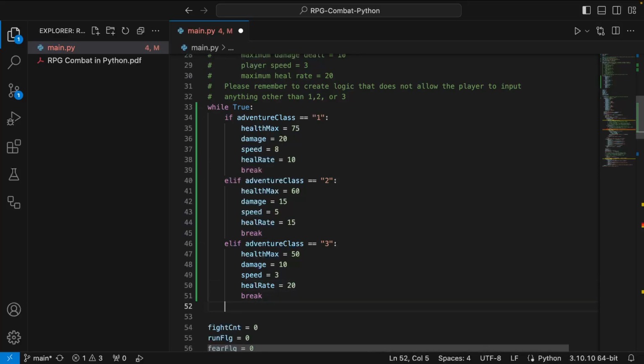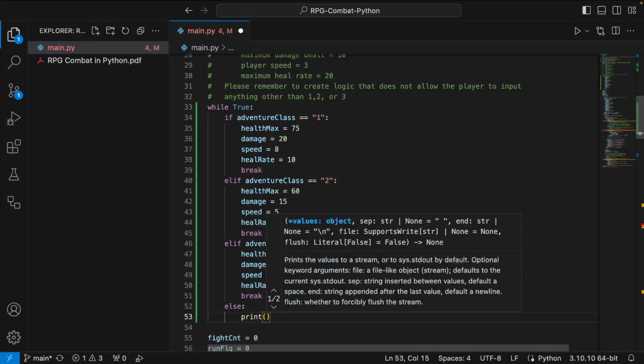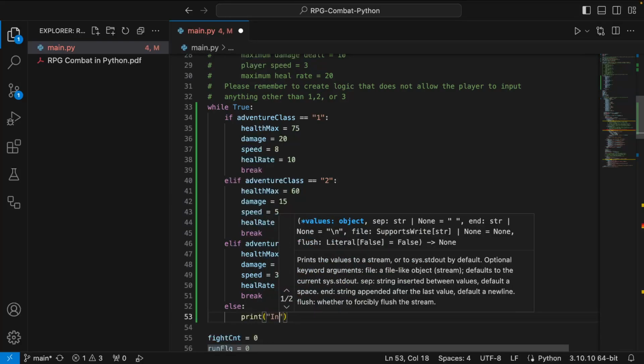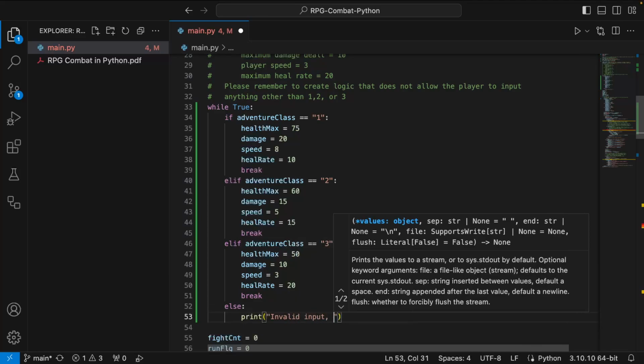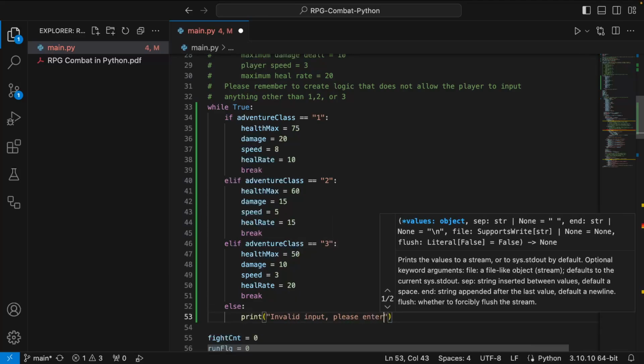Okay, one more thing. When you have else if statements, it's good practice to have a default statement. Meaning if all of these conditions fail, what is it going to run? And we do that by saying just else. I'm gonna put a colon here. You don't need to put a condition there because there are no conditions. It's just otherwise. I'm gonna print, and you can write something like invalid input, please enter a valid number.